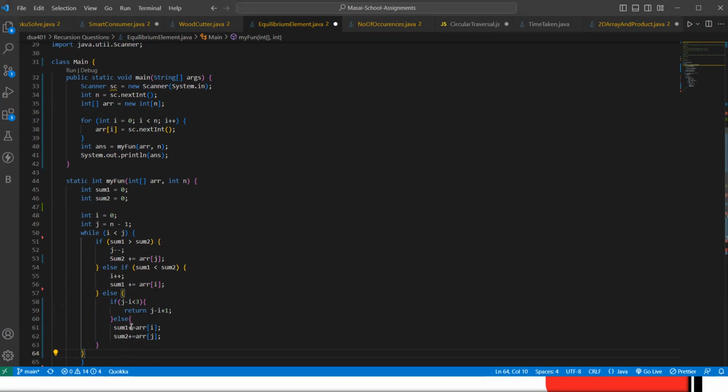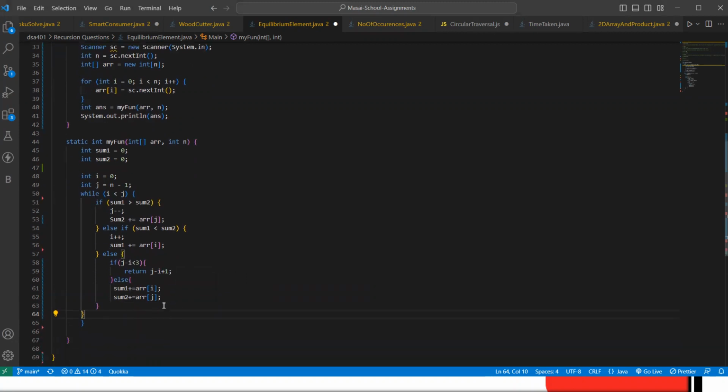And if both are equal, then in the else condition, if the elements are not nearby, we add both elements on both sides. If j minus i is less than 3, like the result is 0 or 1 or 2, then we can simply return, because they are nearby and j minus i plus 1 is our equilibrium index.